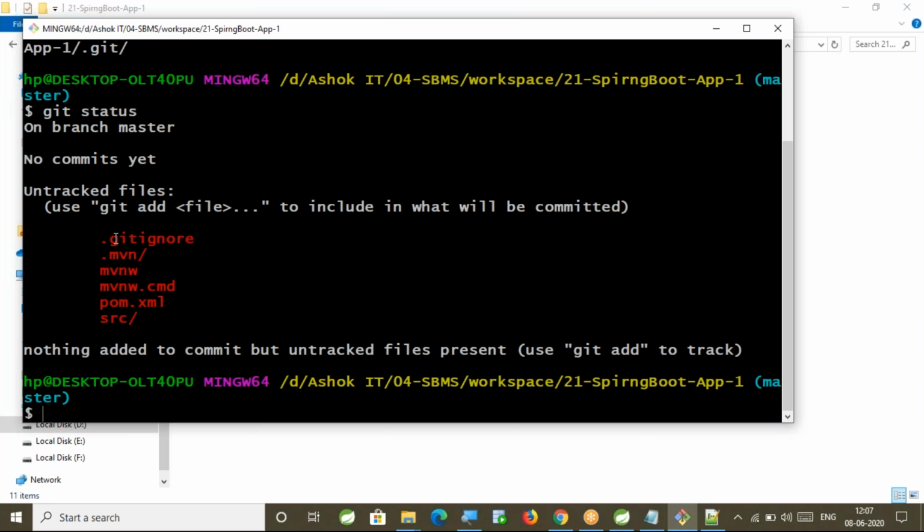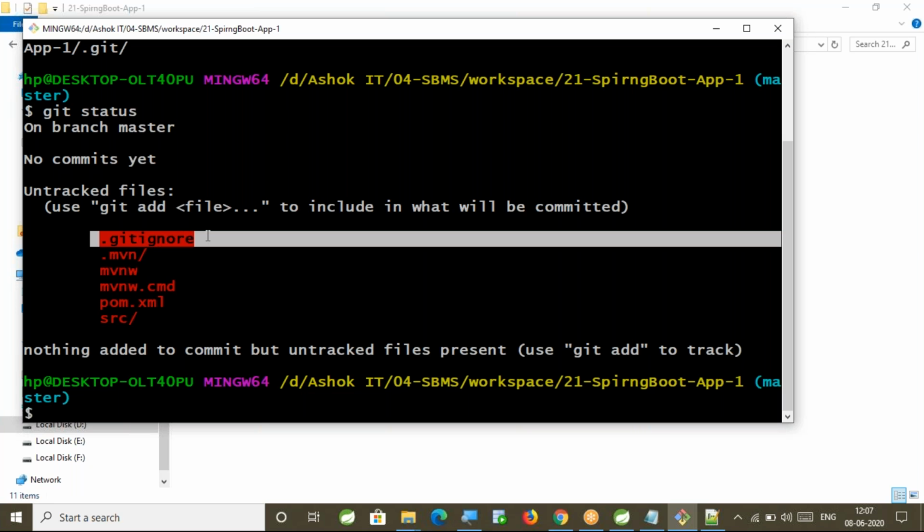There are so many files available, but why are only some files displayed? Because of .gitignore. The file names or folder names specified in .gitignore will be ignored and will not be considered for our status. What is the purpose of .gitignore? Anything that you don't want to consider for commits every time, you can ignore. Like the target folder: whenever you make a code change, the target folder will be modified and always displayed as modified. I don't want to commit it because it contains only .class files. I want to commit only my Java files. So the target folder is ignored. Like that, a few files will be ignored.